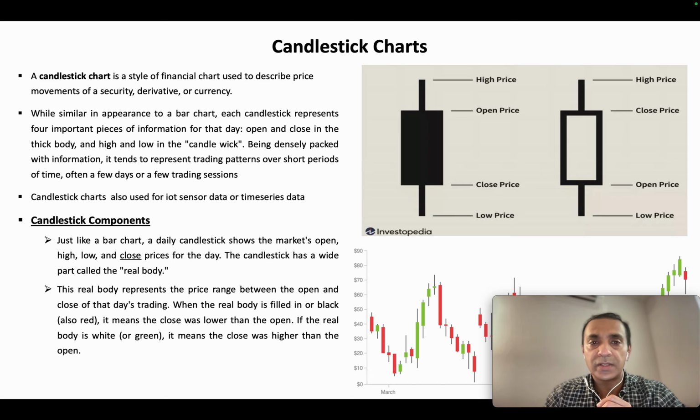They're also used for IoT sensor data or time series data, and I use them in my current work as a data scientist as well. You can see on the top right chart, it shows you the black candle and a clear candle. It shows that the bottom part of the whisker is a low price and the top part is a high price, and the bottom part of the box or rectangle is a close price and the top is the open price. So the components show you open, high, low, and close prices for each trading day in